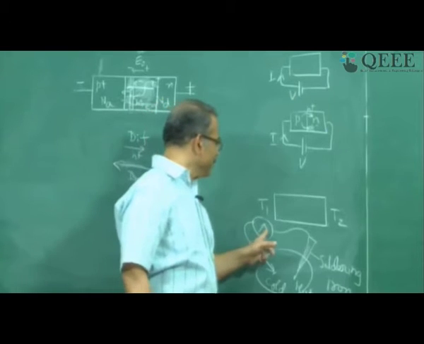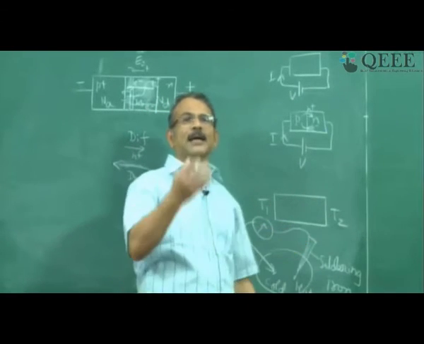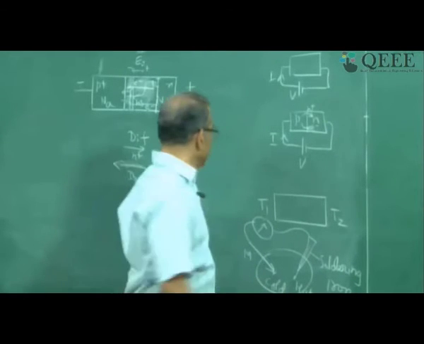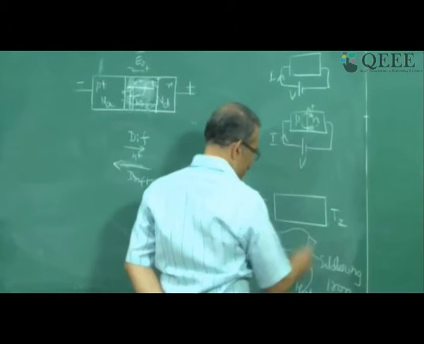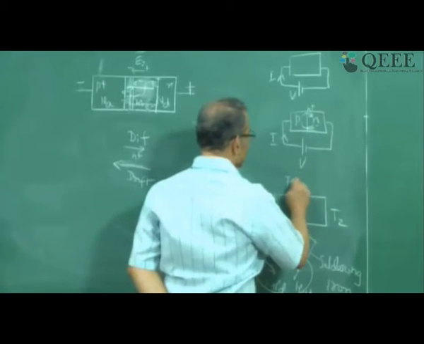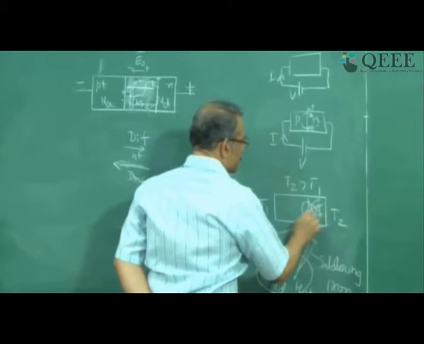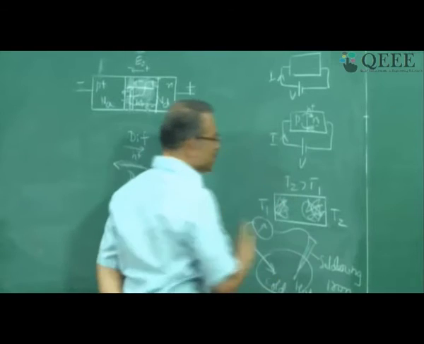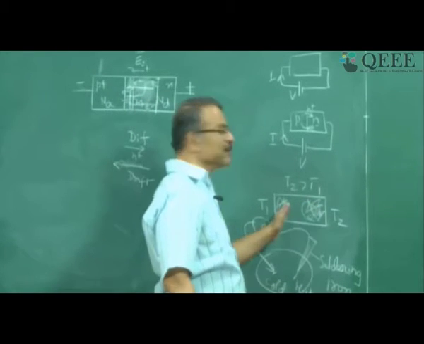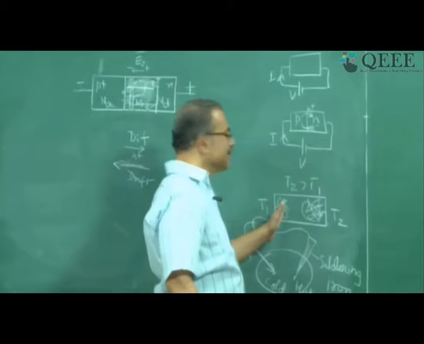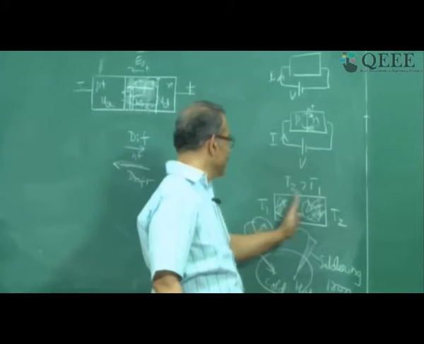Now why is it happening? It is because the carriers are in random thermal motion, we have said, and the random motion is more at higher temperature. So let us say the temperature is more here in this case, this is hot, this is cold. So T2 greater than T1. Then random motion here is more, and here the velocity is less. Therefore, there is a tendency for carriers to move from here to here because velocity is more here and less here. Net effect is movement from here to here.